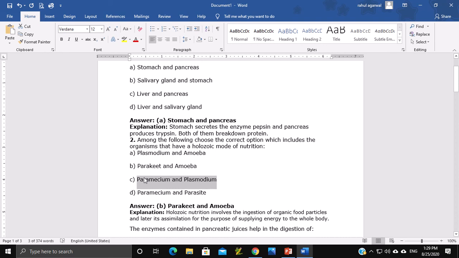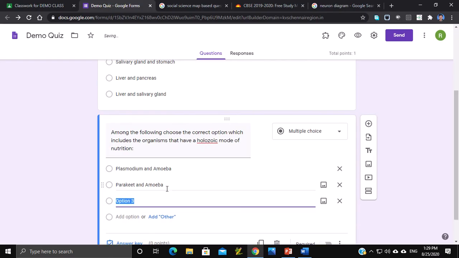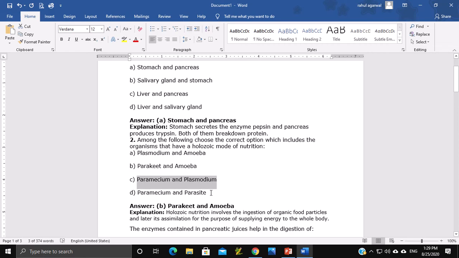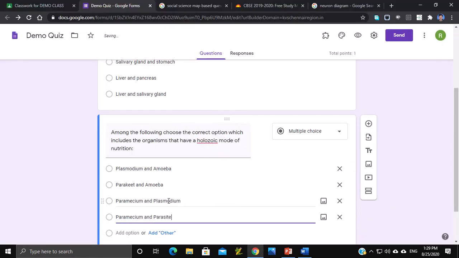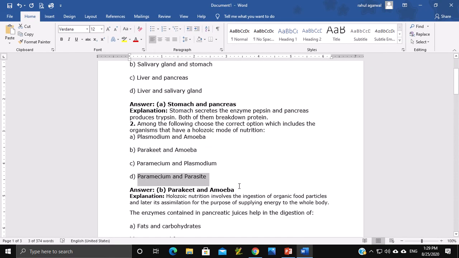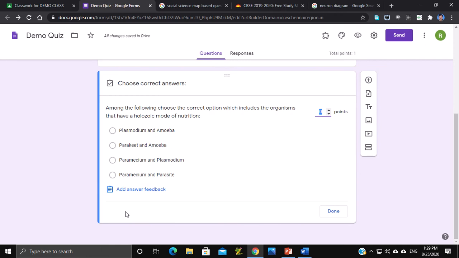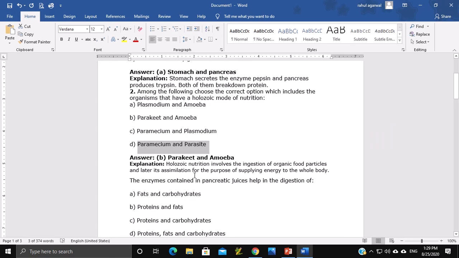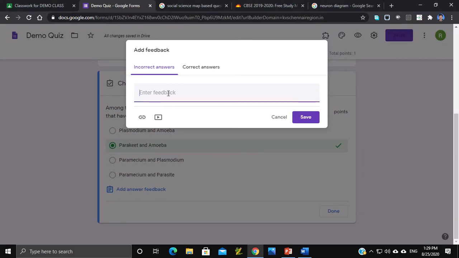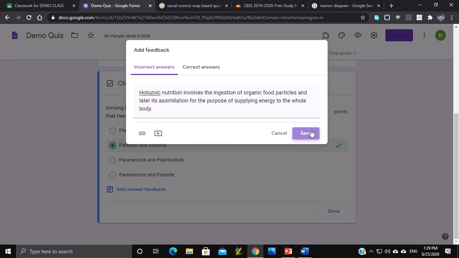See, Google Forms gives a very convenient way to conduct the tests, especially the multiple choice test is very conveniently conducted here. So now we'll again go to the answer key. This is the correct answer. If the answer is incorrect, feedback will be given to the student.